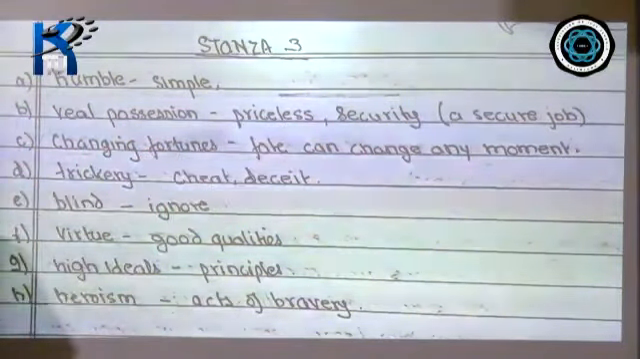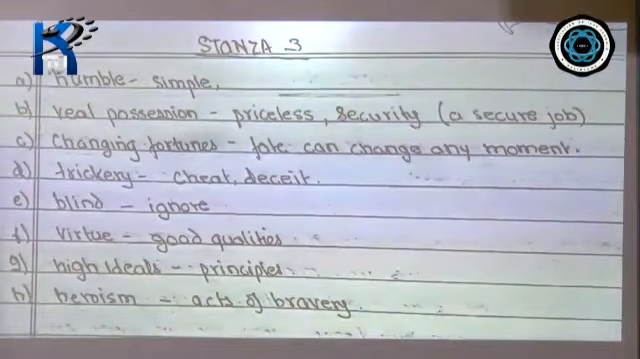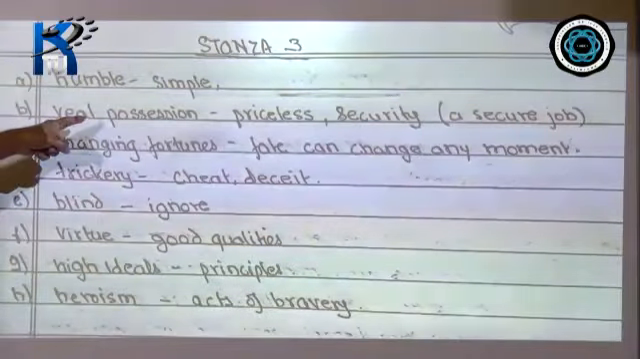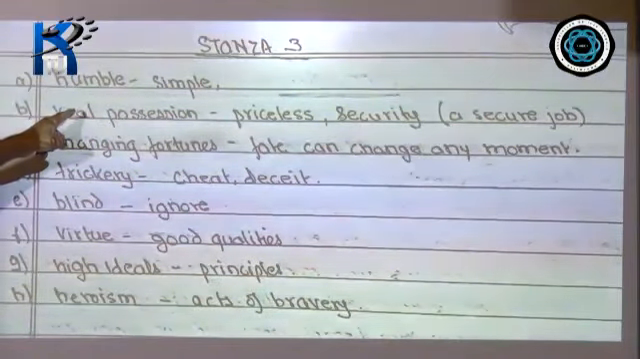Yes, you may not be in a very good post or position. Your work in the eyes of the society might be very ordinary, but stick to it, respect it, be devoted to it, because it will provide you with security in your life. It's a real possession. It's priceless, because